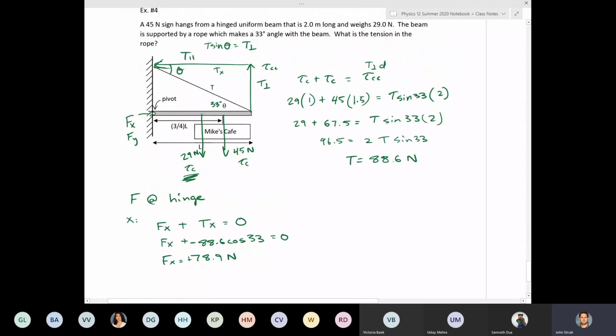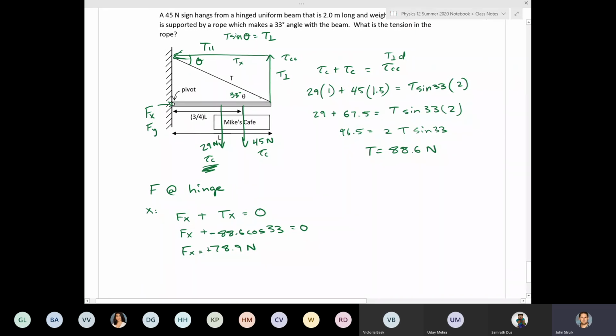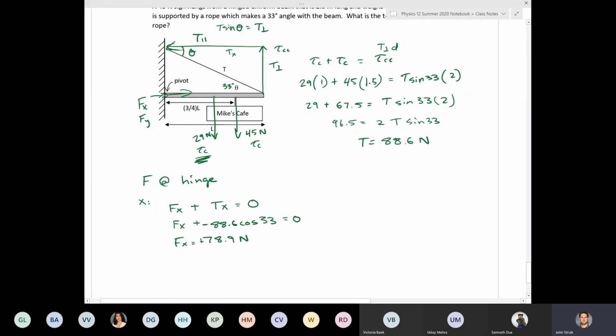I'm getting confused a little bit with the directions, but it makes sense. If the tension's pulling the beam towards the wall, then the wall is going to push against the beam away from the wall. Now for the y's,